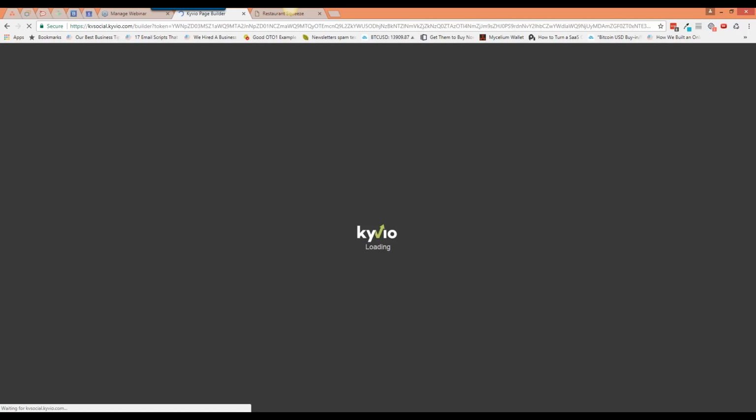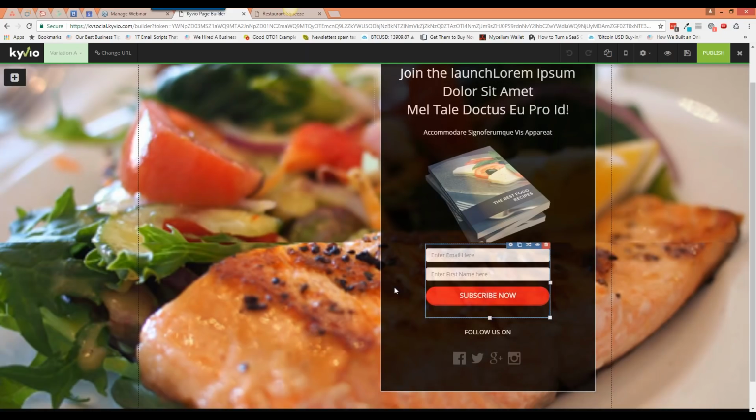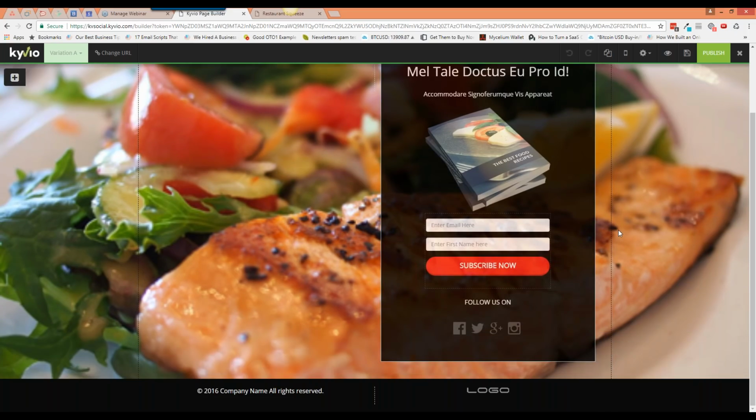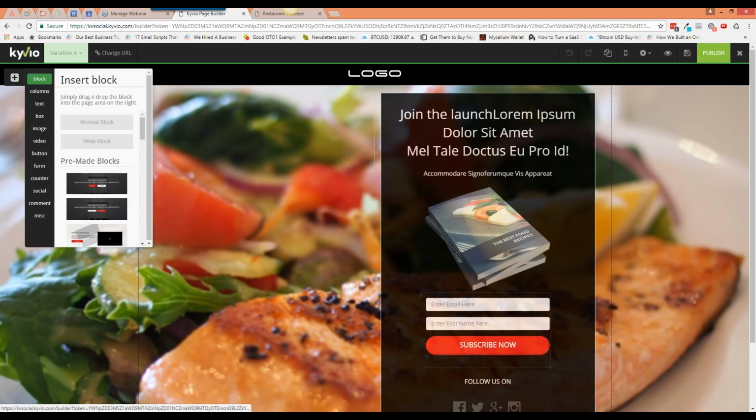So when I pick this template, it automatically populates the template based on what I showed you earlier. And this is what it looks like. There are a few different elements here which I'll walk you through. But as you can see, even though the background image here is good, the text is not. And perhaps I don't want this image because I want this to be customized to my needs. But in this case, let's go ahead and look at each and every element, and I will explain to you